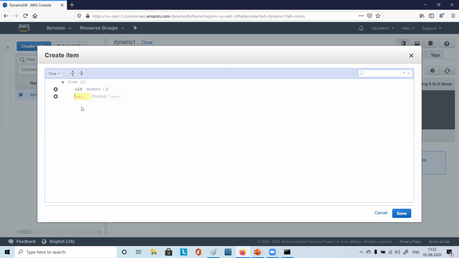What should I put here? The field that it is looking for, not number. Username. This table we were having, something like that.